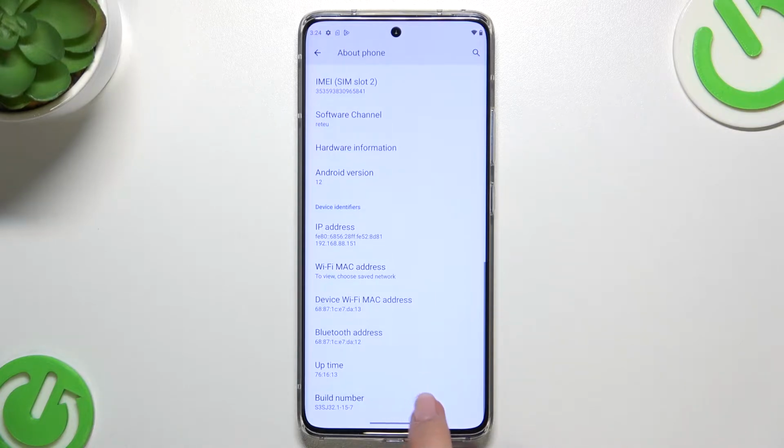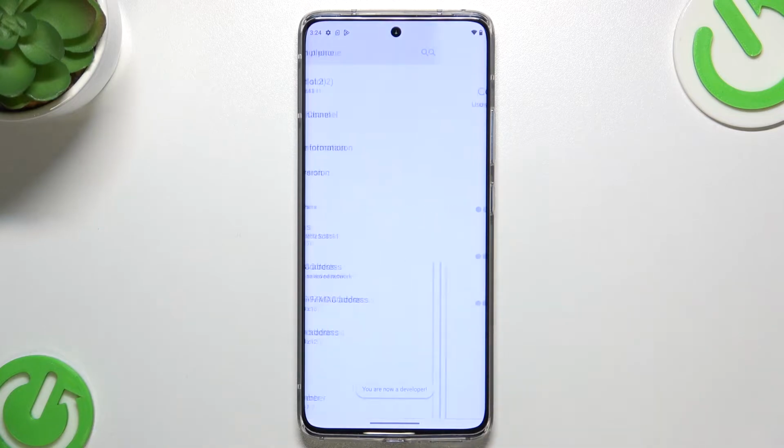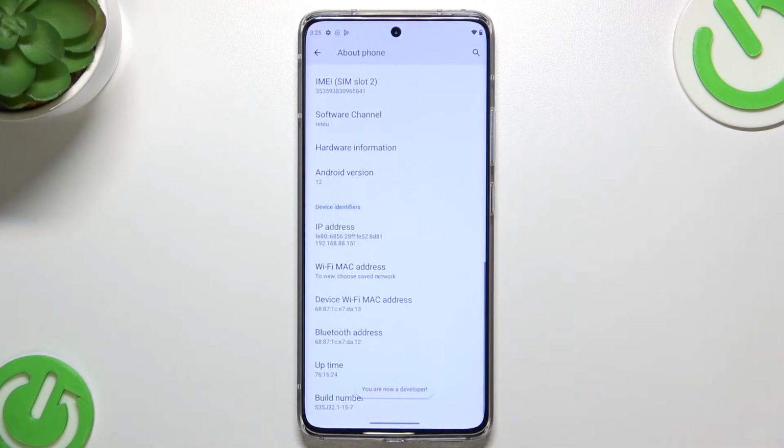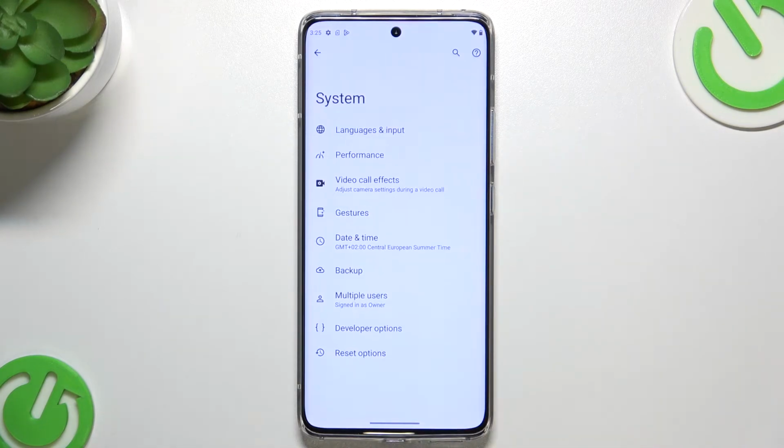So first of all, we have to keep tapping on the build number until we will see that we are in the developer mode. If you've got any kind of screen lock set, your device will ask you to enter it in order to confirm the whole step. As you can see, we are right now a developer, so we can go back, enter the system, and find